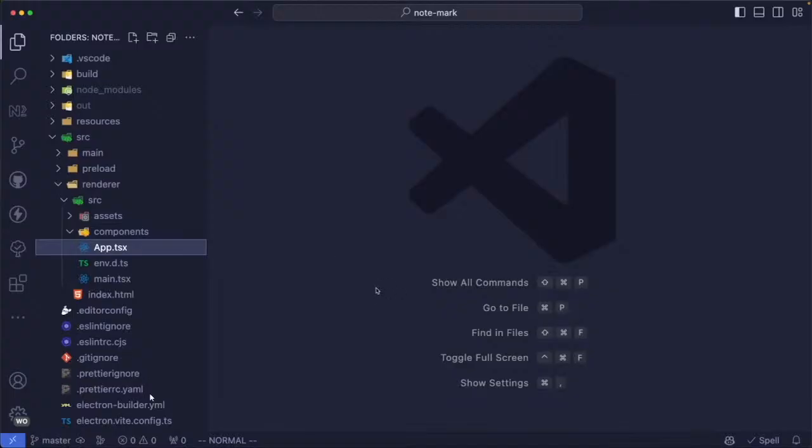What we are going to do is have multiple folders under the source folder of the renderer project, where we are going to store different types of files. For example,